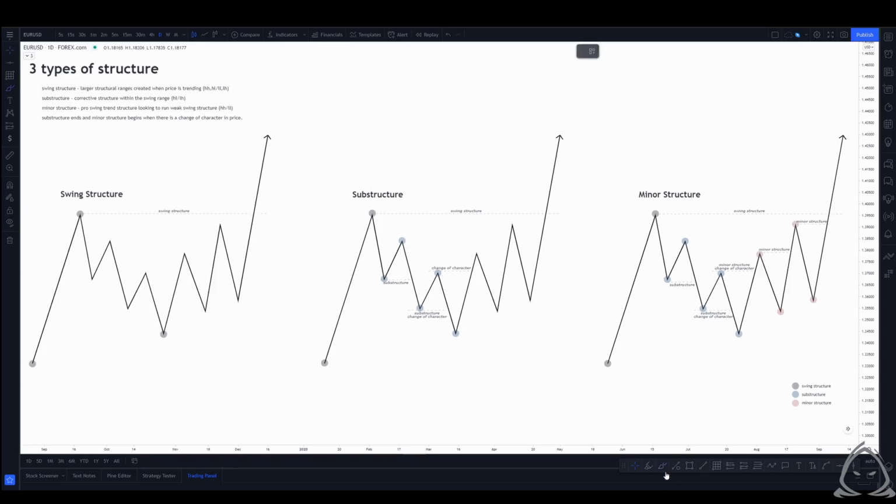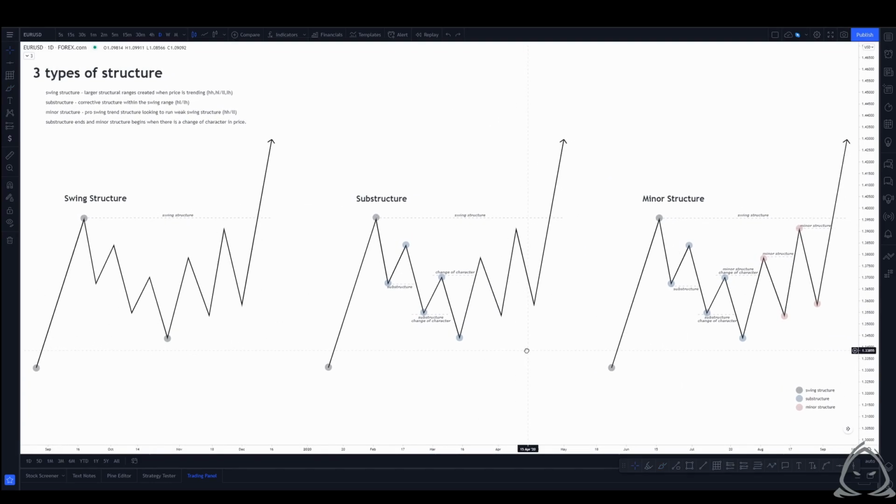And we'll discuss in the liquidity section how we can filter out, or at least have a better edge on, when substructure is being created, it switches to minor structure, but then switches back to substructure and then minor structure before we actually break the swing high. Like I said, a couple different things that we would use when substructure is being created is looking for demand zones. What might happen is we have a demand zone at a lower point. We're building liquidity,